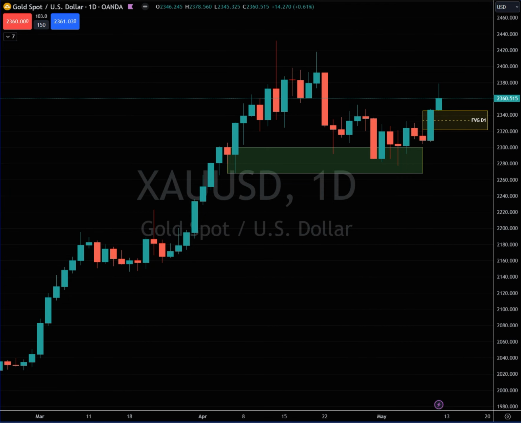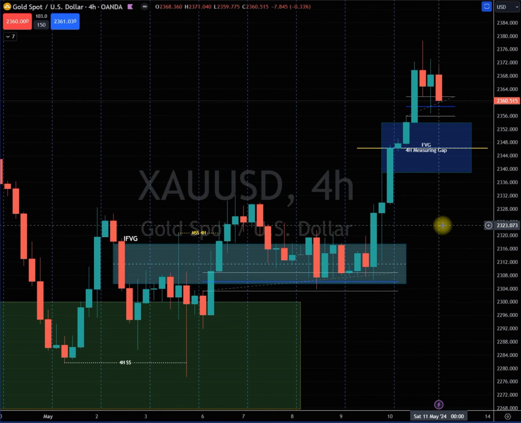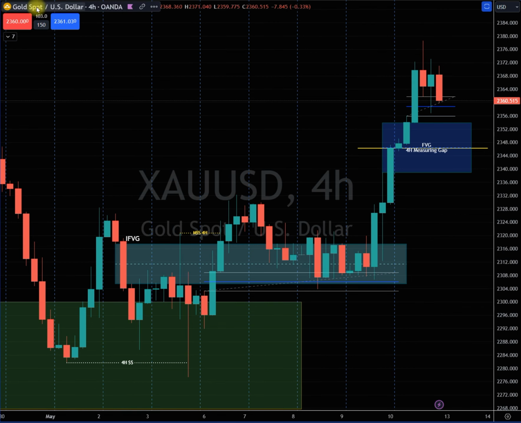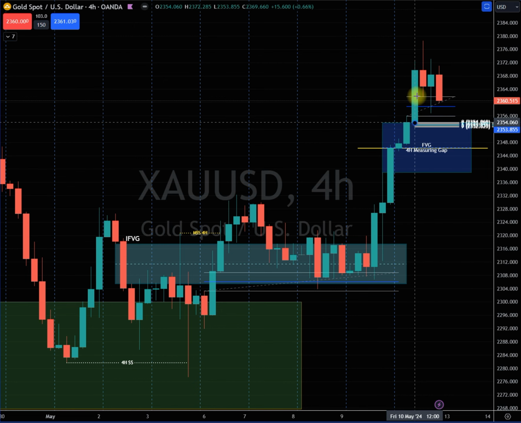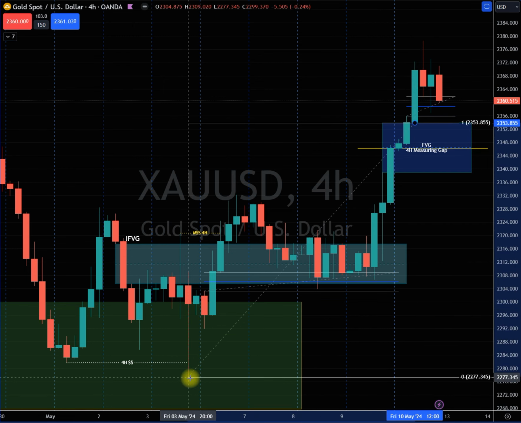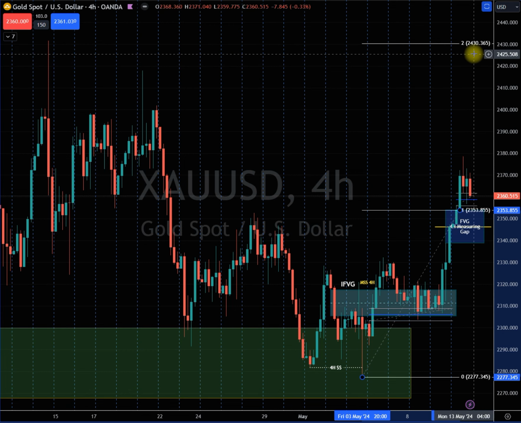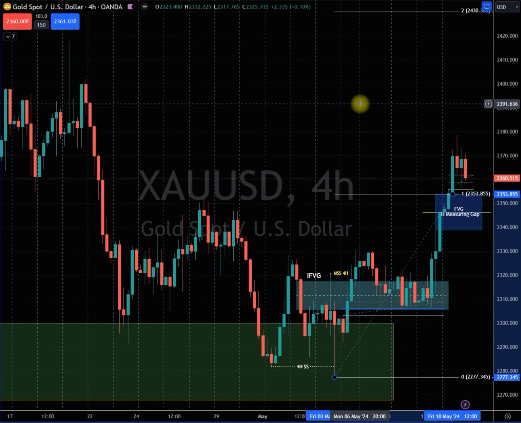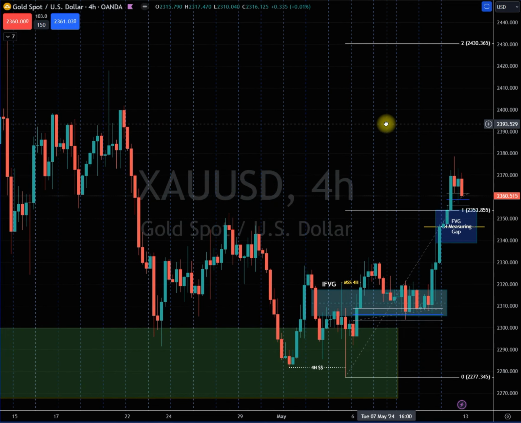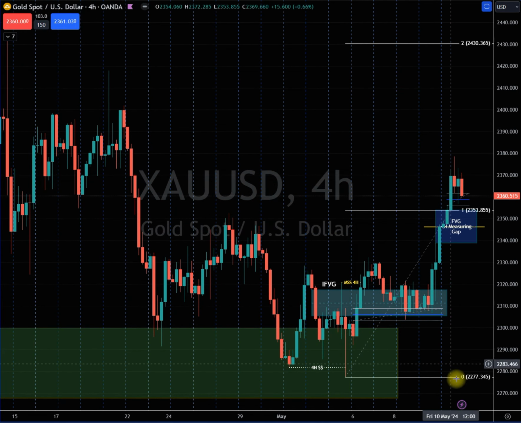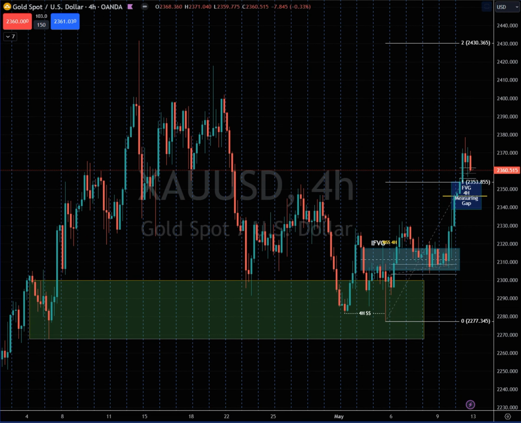Now if we go back to the 4-hour time frame, if we measure this measuring gap, from the low until the very bottom, we get a target at 2430.365. So price might reach that level, and this is actually in accordance with my analysis on the daily,